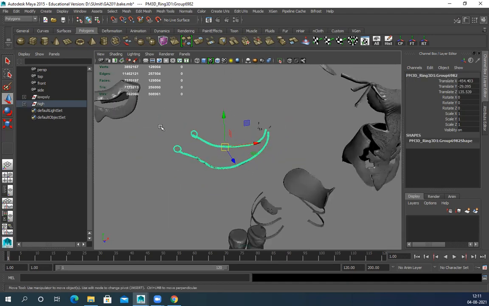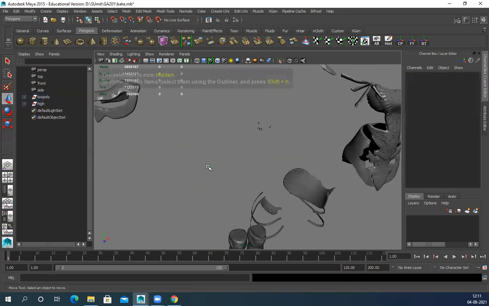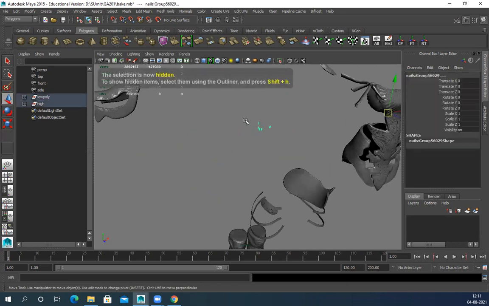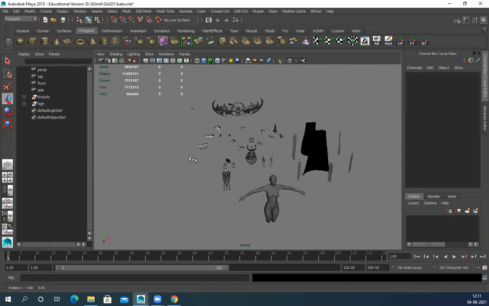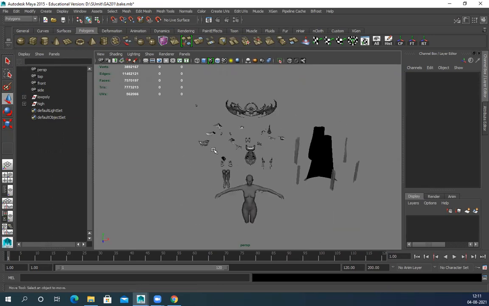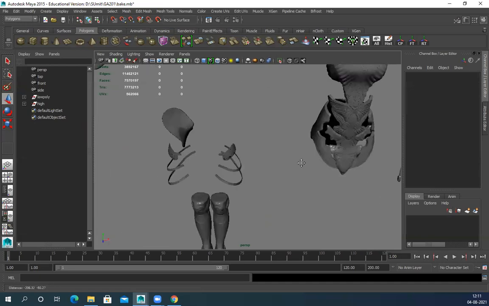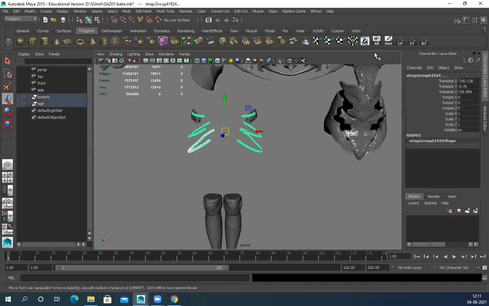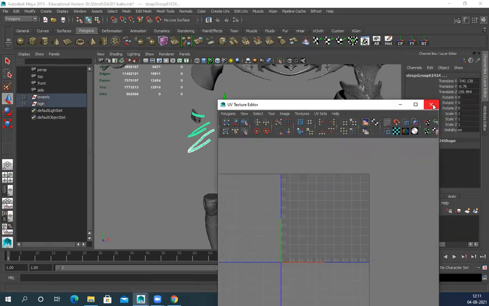So as of now, let me hide this one, and this also I hide. Rest everything I have unwrapped and packed nicely. Only that part is remaining, so I kept it there only. And I believe I haven't unwrapped this also.